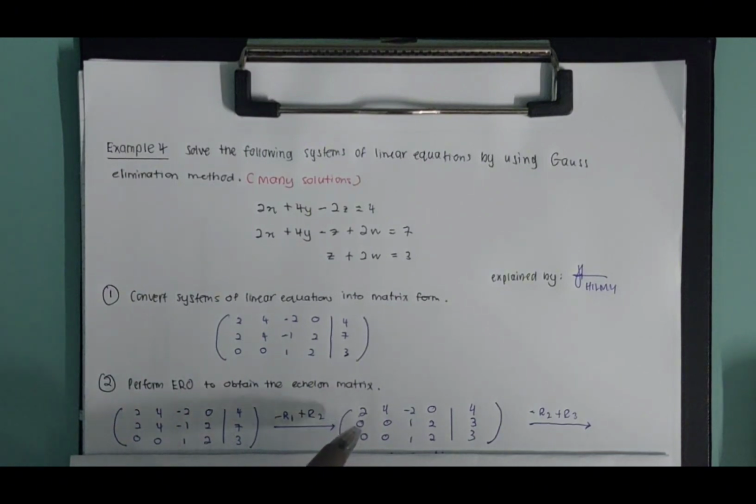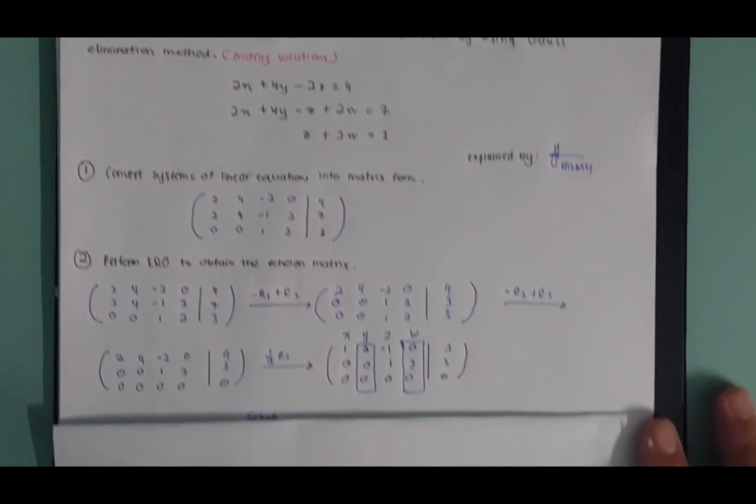The second row will change to 0, 0, 1, 2, 3, while the first row and the third row remain unchanged. Then I have to ensure the third row becomes 0. So in order to achieve that, I multiply negative 1 by the second row and add it to the third row. So I will get